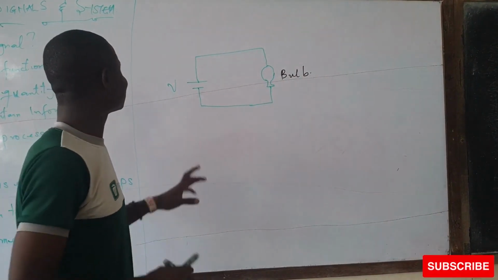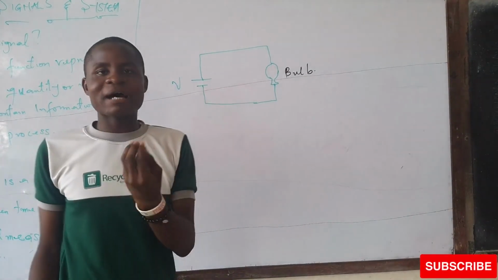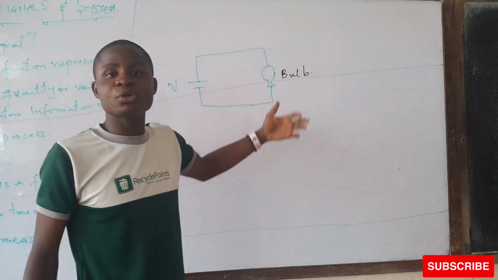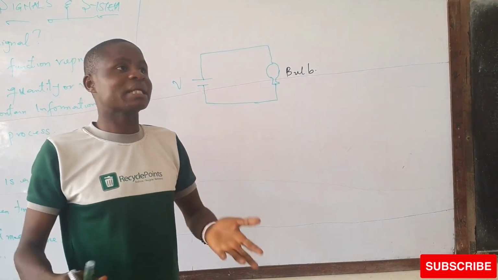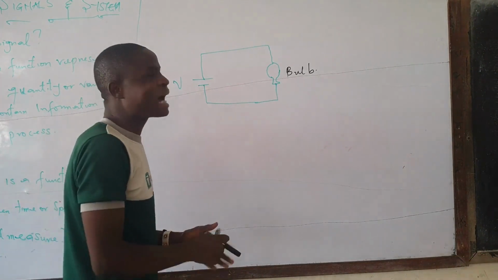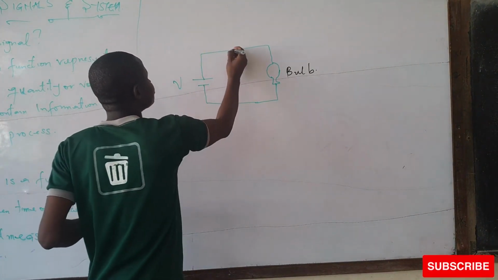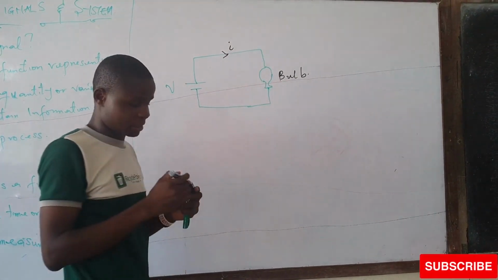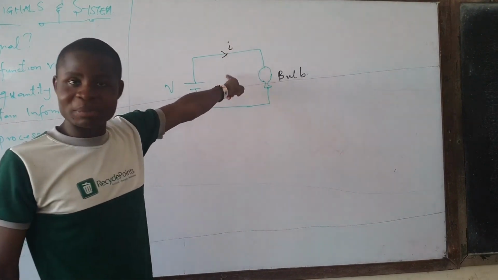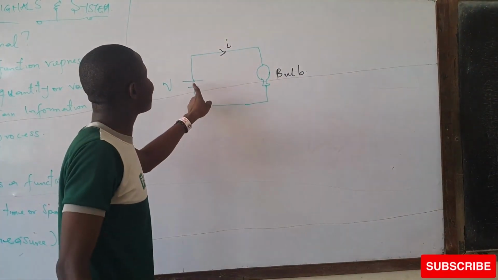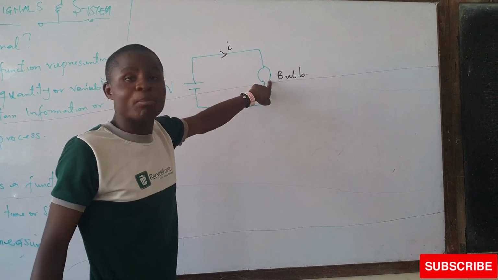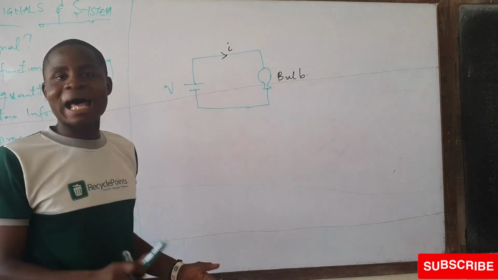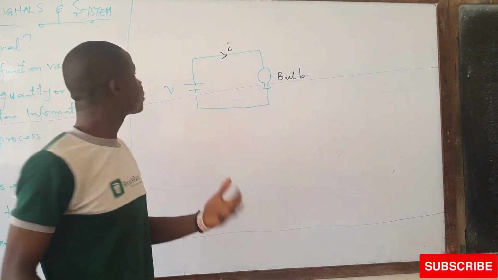Now, one thing you will understand is, if I have a small battery and I connect it to a bulb, the next thing I'm likely to see is that this bulb is going to be lit up with what? With light. We say, yeah, this bulb has been lit up. What actually happens is that the voltage source produces, after this whole circuit is complete, something we can call I, which is a current. Now, this I cannot be seen, isn't it? That I is actually the signal the voltage source sent to the bulb to light up the bulb.